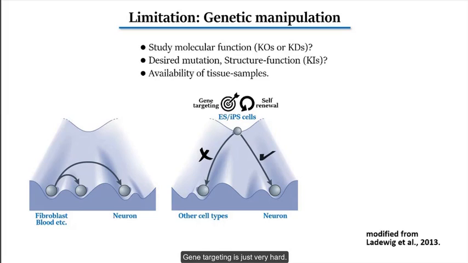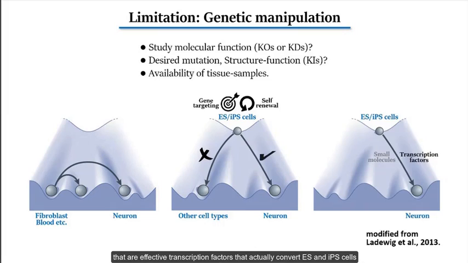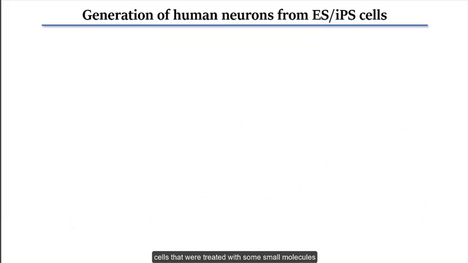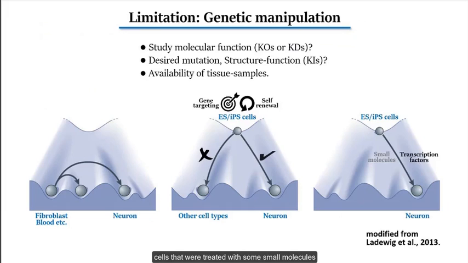We did an extensive amount of siRNA knockdown. For that, we were looking for effective transcription factors that can convert ES and iPS cells into neurons. But not only transcription factors, I'll briefly also mention other protocols, like small molecules we can use to change embryonic stem cells into neurons. Actually, you did some of it yesterday. Whoever did the practicum with Lubna, you used some cells that were treated with small molecules to make NSCs, neural stem cells. So those cells, I don't know.